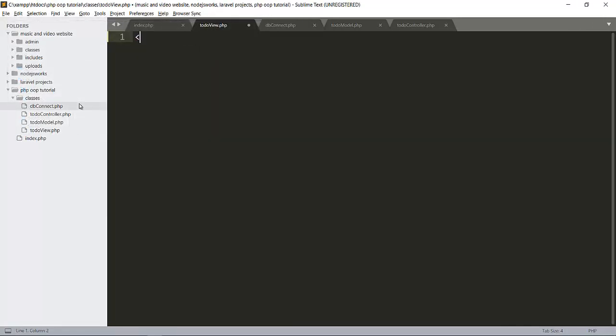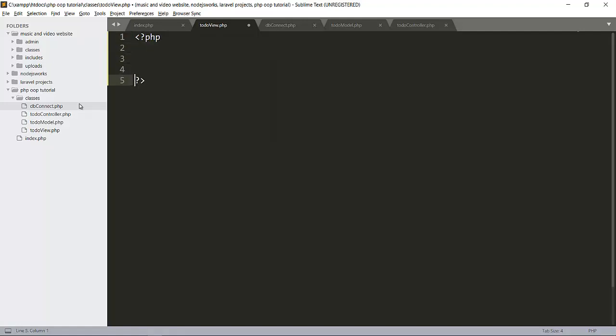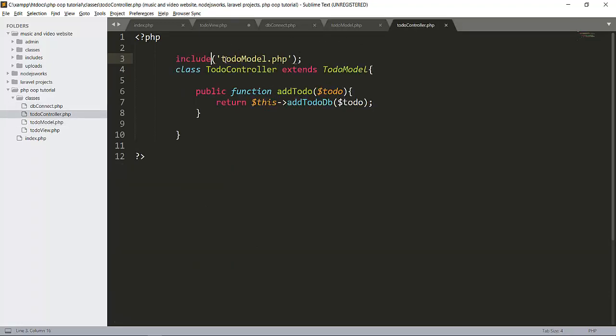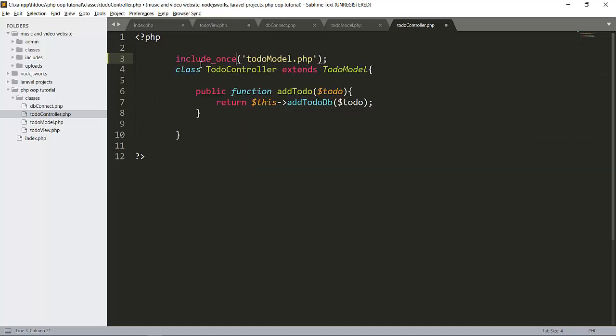Here this is PHP. Now first of all let's include our model here. Let's go to the controller here. I am writing include once, else we will get an error here. Save this.